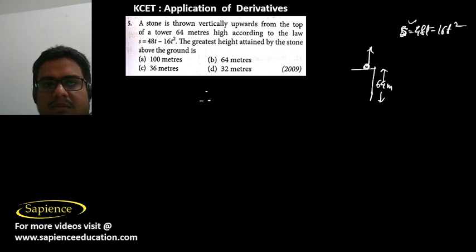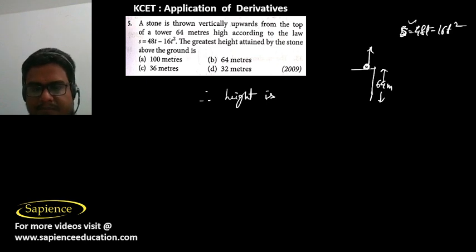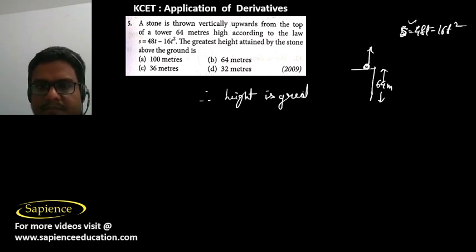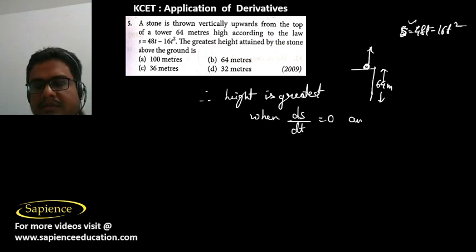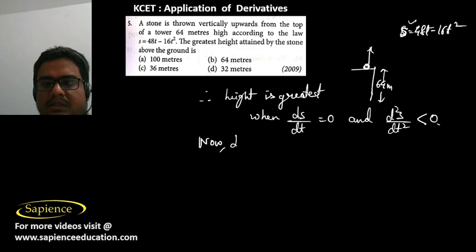Therefore, the height is greatest when ds by dt is equal to 0 and d square s by dt square is less than 0. Now ds by dt